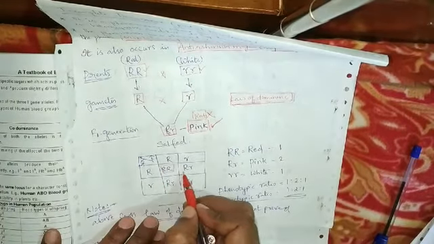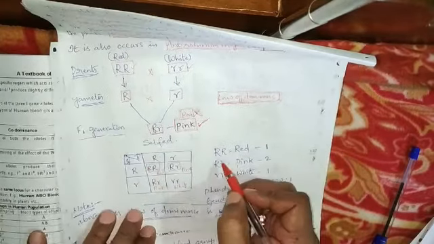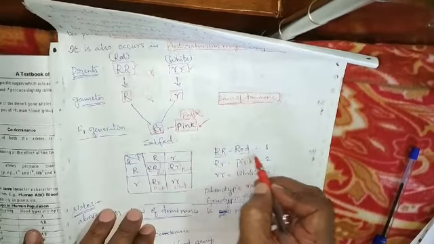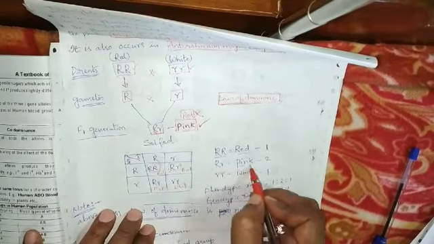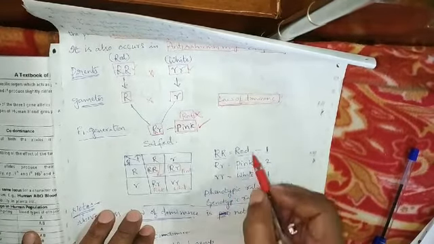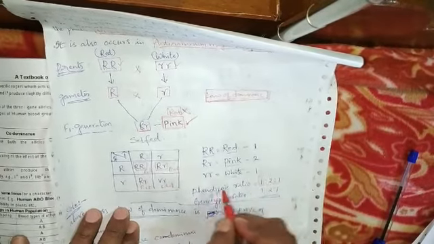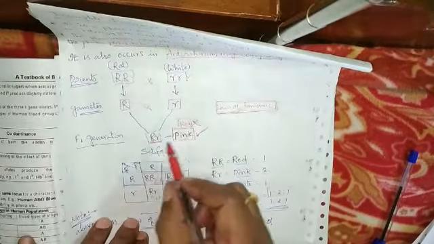And small r capital R, which can be written as capital R small r, is also pink. Small r small r is white. In such a way we get the four plants: capital R capital R red 1 plant, capital R small r pink 2, small r small r white 1. So according to the phenotypic expression, the ratio is 1:2:1. This 1:2:1 ratio of phenotypic expression is seen in incomplete dominance.